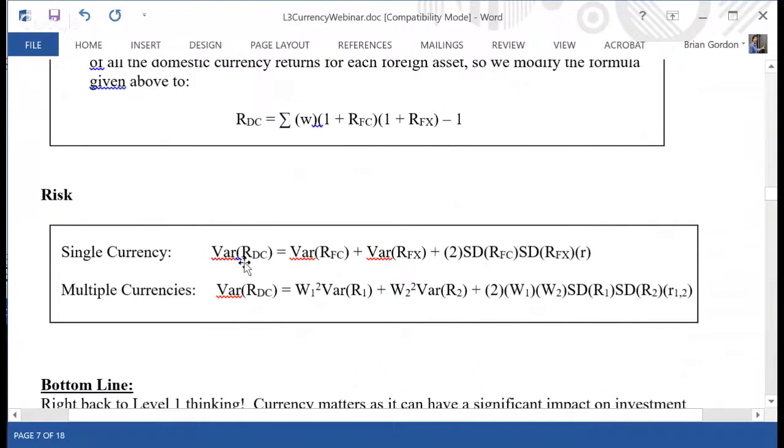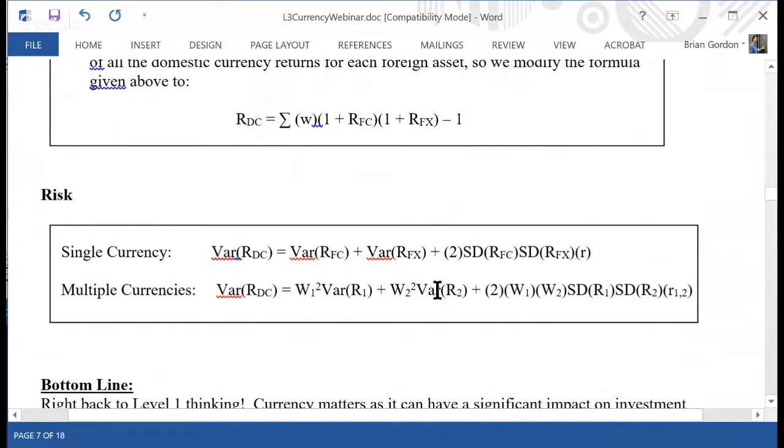So variance. If I have just one currency, it's just a very simple formula. Think about portfolio variance without the weightings. If I had multiple currencies, I could think about the variance in here. This is two currencies. I have the weighting and security in currency one, the variance of returns of currency one,